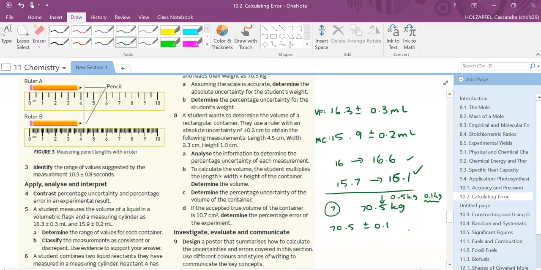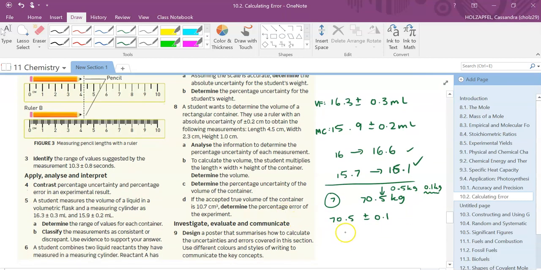And so therefore, determine the percentage uncertainty for the student's weight. That's just going to be the uncertainty divided by the weight times by 100 to make a percentage, and that's going to give you my answer, 0.14%. Does this seem reasonable? Yes, it does, because this is a 0.1 absolute error, and I'm weighing 70 kilos. That seems pretty reasonable to me because this measurement is so small compared to the value that you're measuring. And that's a good trick too. If you're measuring very large values, then you should have very small percentage uncertainties or absolute uncertainties.